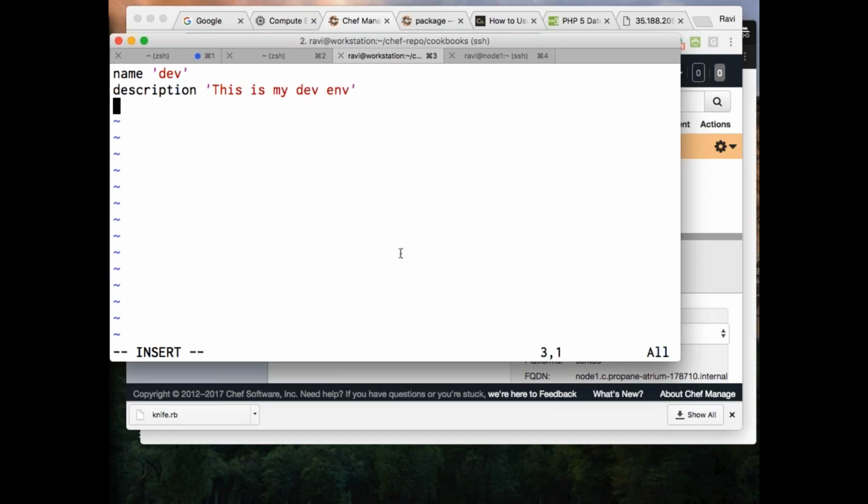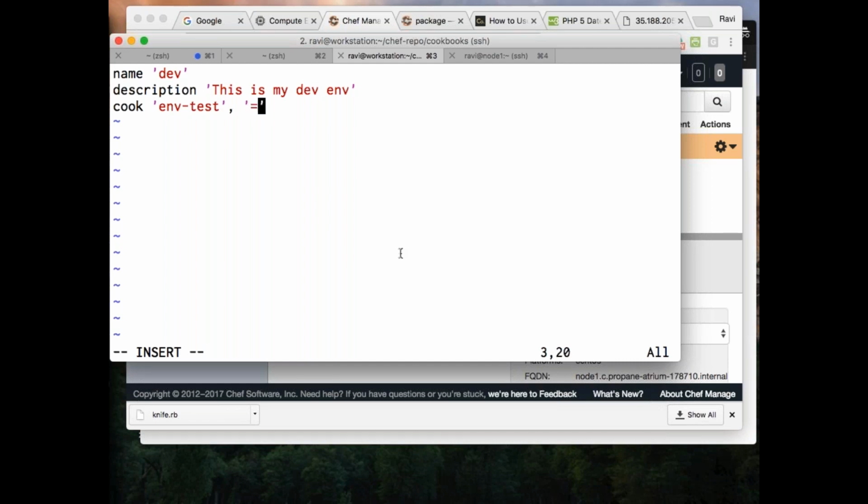Now, what version of the cookbook do I want to upload? That is important. The cookbook I want to go with is environment test, env test. And what is the version I want to choose? 0.1.1?